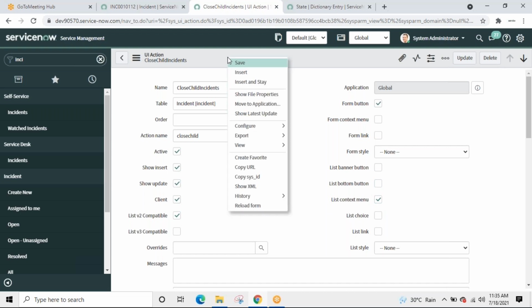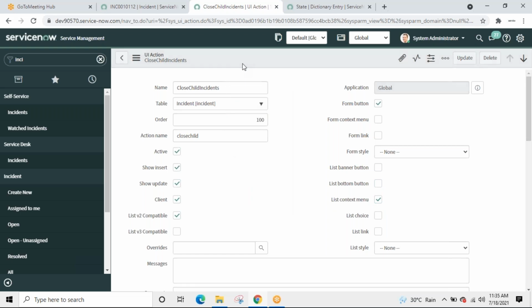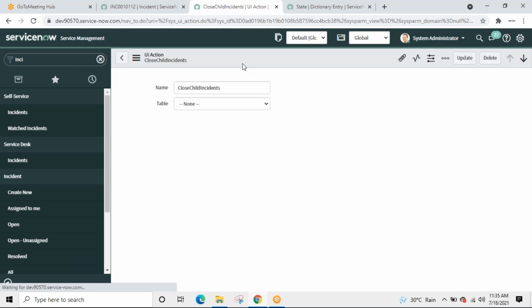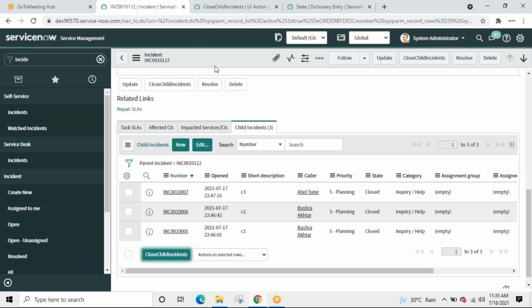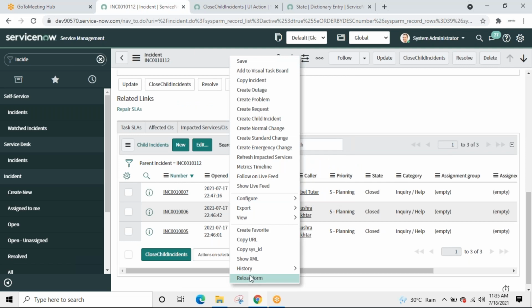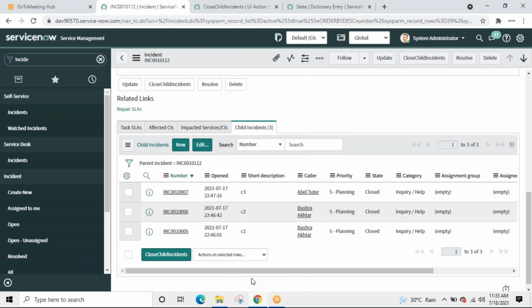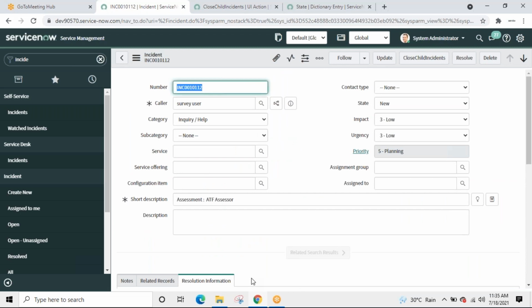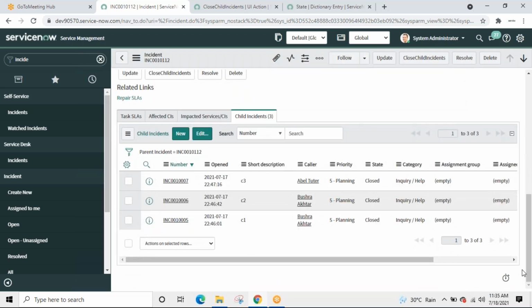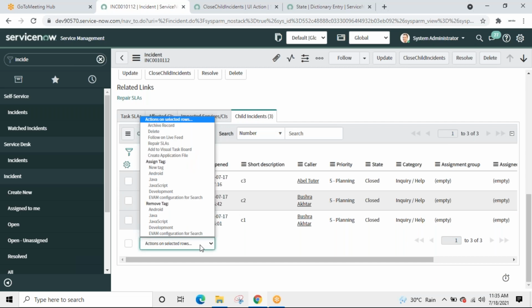list context menu, save it. Reload. List context, what is it? List context means might be this. Action, this, that. No. Child incident.